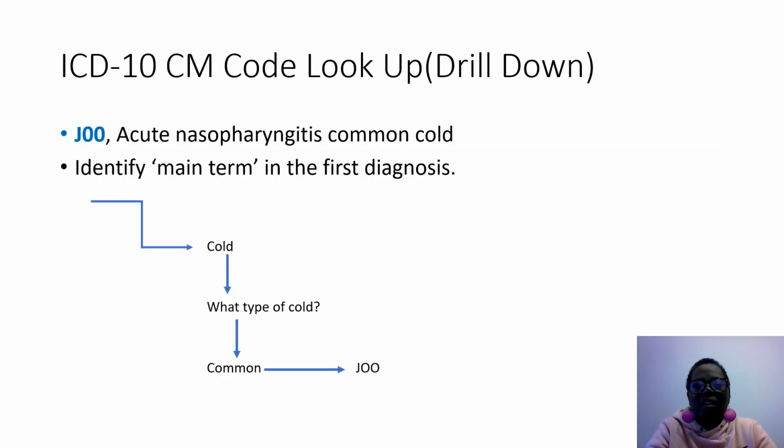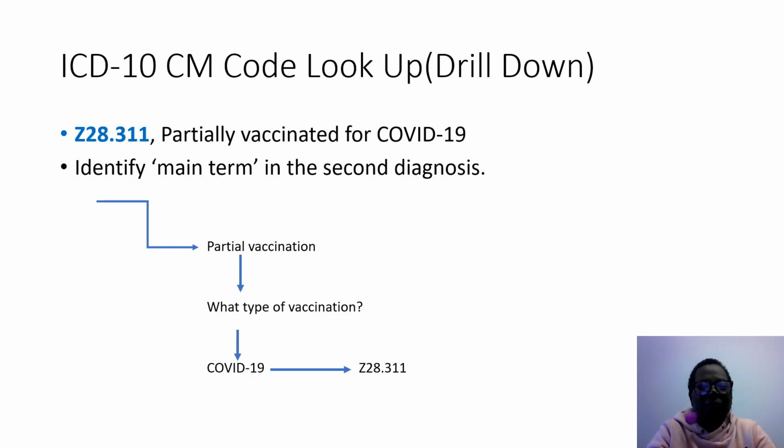So again, the same as the previous example, or example number 1, we're going to assign J00, which represents the acute nasopharyngitis, common cold, and the same methodology that we utilized in that first scenario, again, is identifying our main term, which is cold, and then what type of cold, which is common, and then we're going to go to J00. So here, as you can see, our diagnosis has slightly changed because now the patient is partially vaccinated, whereas in the other example or scenario, the patient wasn't vaccinated at all. So our ICD-10 code changed to